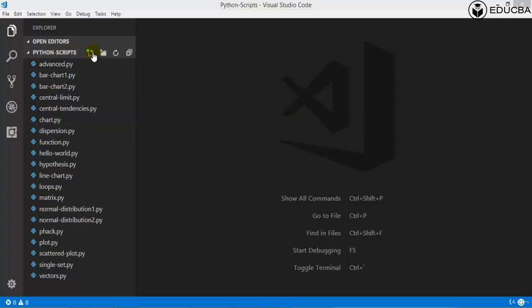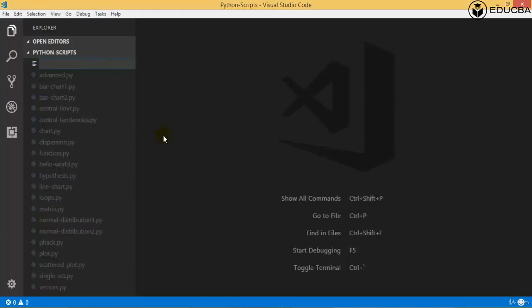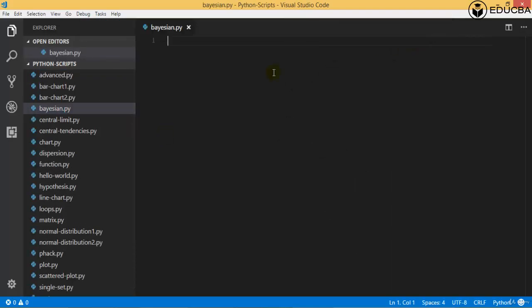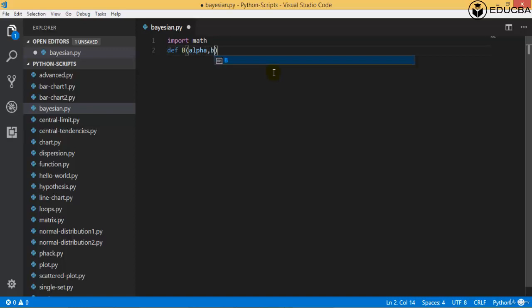So let's get started with this inference, naming it Bayesian, so which is called Bayesian.py. And here we'll start with our logic of developing the inference with the parameters mentioned in Bayesian inference as alpha and beta. First of all, we'll import our math library, that is import math, with a function as B, comma, alpha and beta. And then comes the next value, return math.gamma with a value as alpha